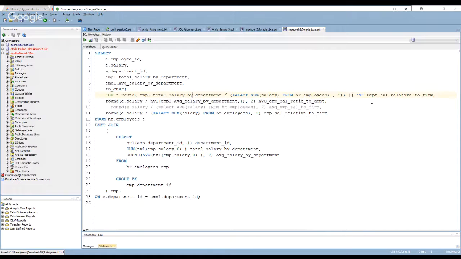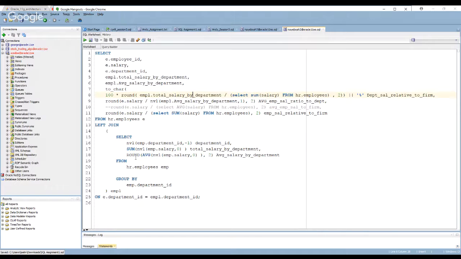That gives you the department salary, which is how I understood it. And then the second part: for each employee, find the ratio of the salary to the average salary of the department.